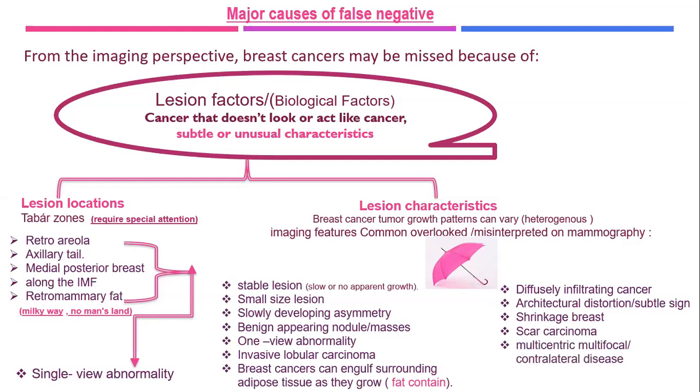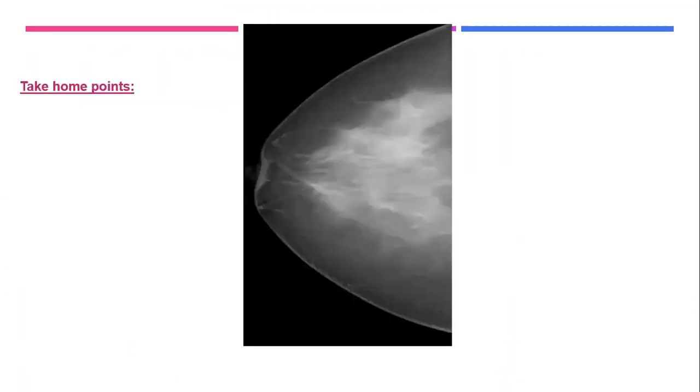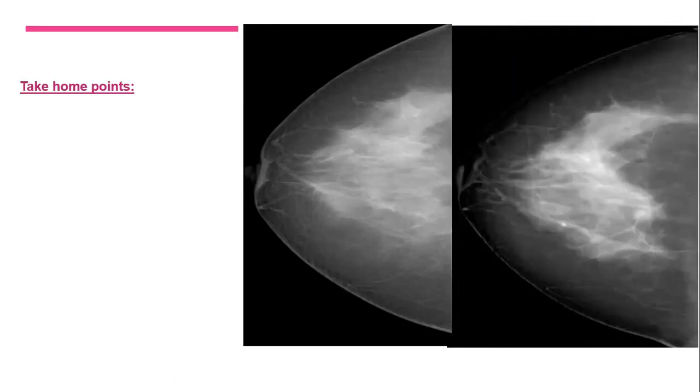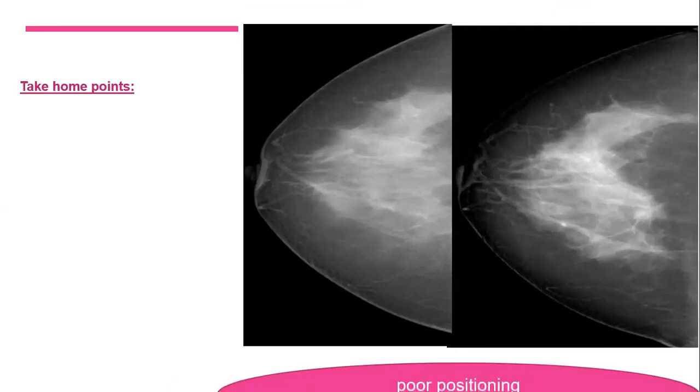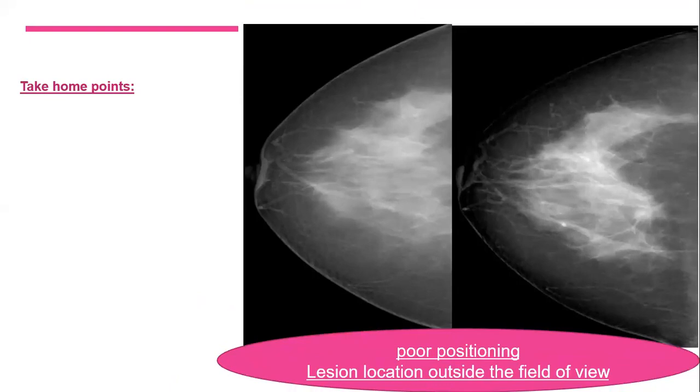Multicentric, multifocal, and contralateral disease are also important scenarios, and sometimes small lesions are presumed to be intramammary lymph nodes. This was my patient a long time ago. When I checked the imaging, I found that the CC view is inadequate, and much posterior breast tissue is expected to be missing. I repeated it, and you can see the posterior cancer is present, and it was outside the field of view